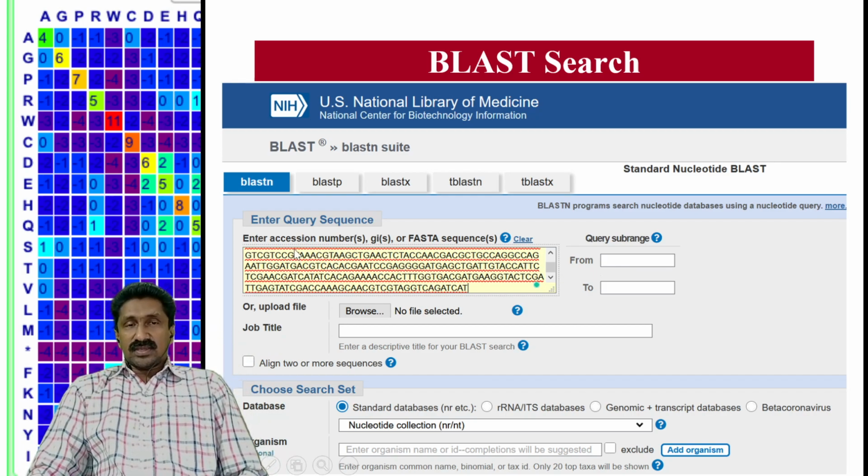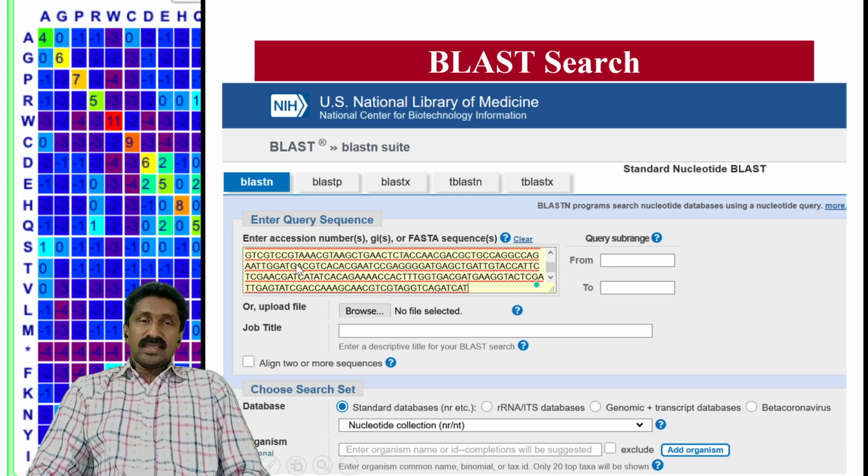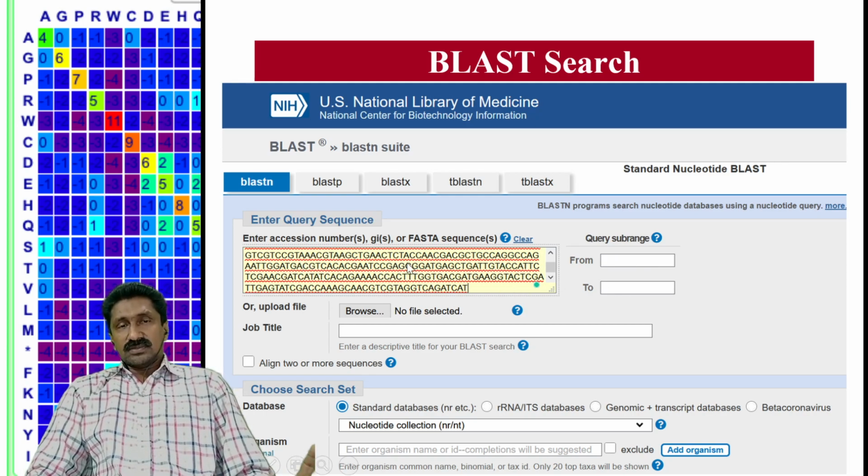So here you can paste the accession number of a large chromosome or wherever the source of that DNA is, and specify the range, starting from which base and ending at which base, that can be mentioned in this case. Anyway, for the practical purpose, it is not required.